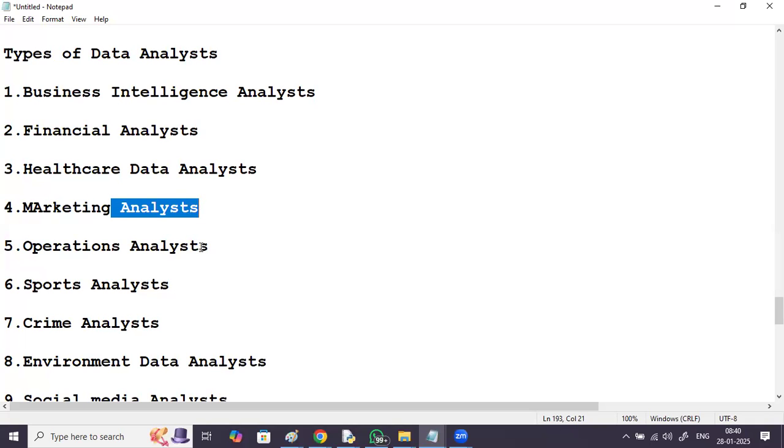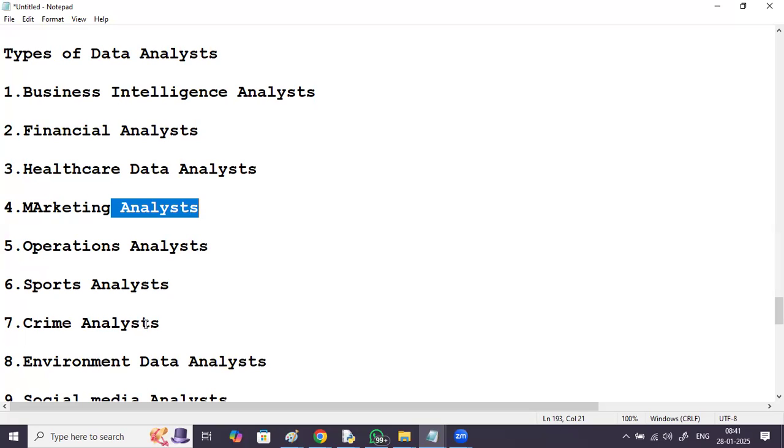Operations analysts analyze operational data, reducing cost and enhancing efficiency. In sports analysis, it is performance evaluation of players, strategy improvements, and player and team assessments.